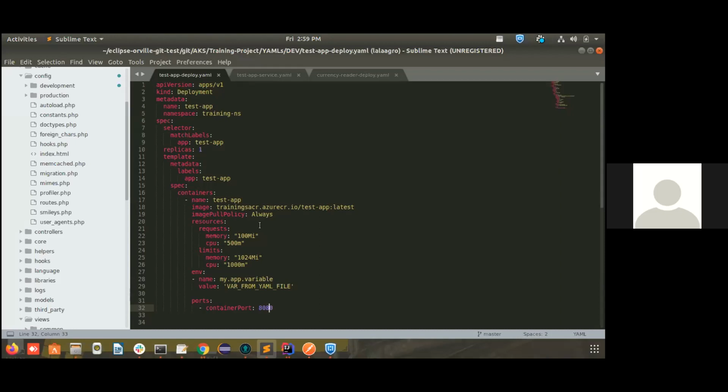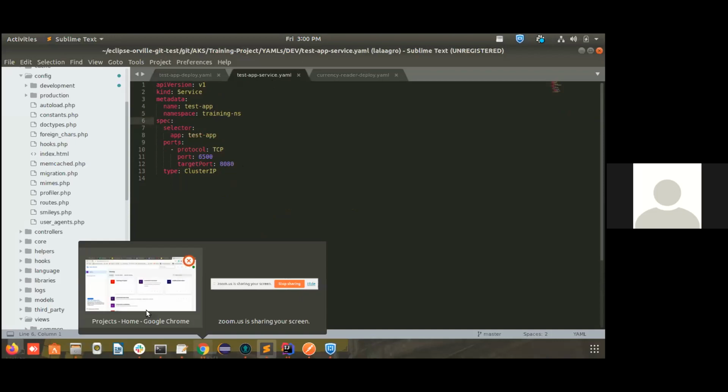Yeah, Firman here. Yeah, Firman. When we create more than one replica, what about the container port? Is it still active? Yes, good question, Firman. The container port will be the same, but we will be maintaining how this container port will be connecting to the outside world through the service YAML.